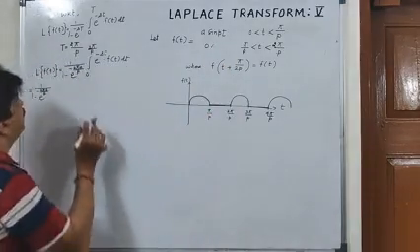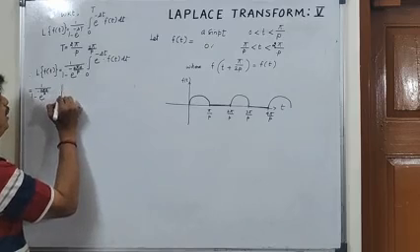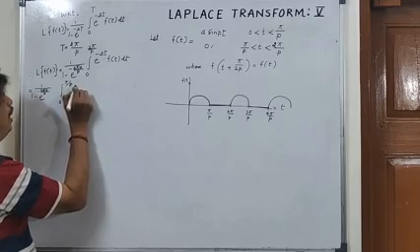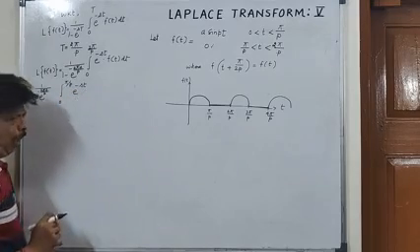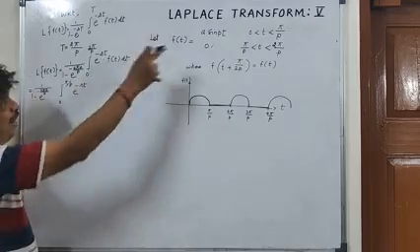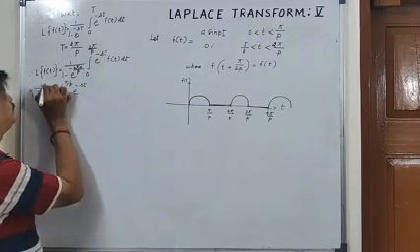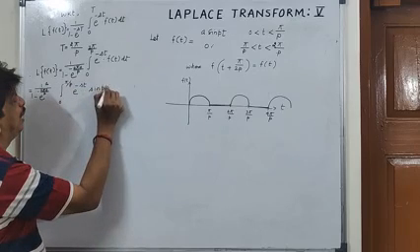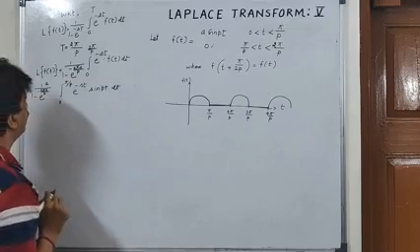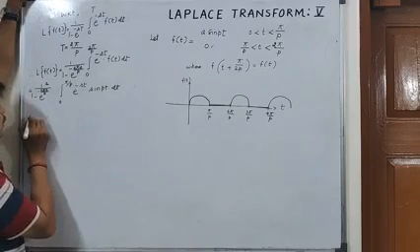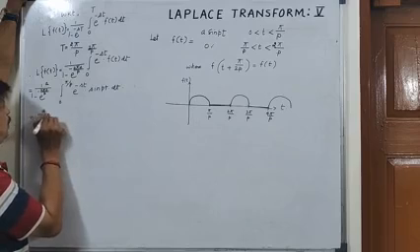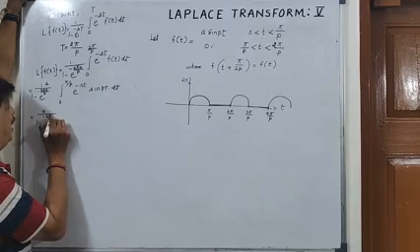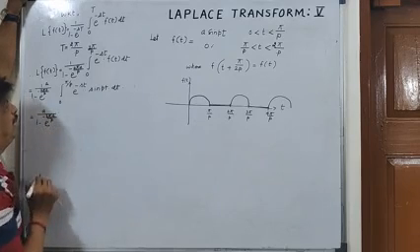So this integral reduces to integral 0 to pi by p only, e raised to power minus st, and in this interval 0 to pi by p the function takes the value a into sine of pt into dt. That is equal to a upon 1 minus e raised to power minus 2 pi s by p into